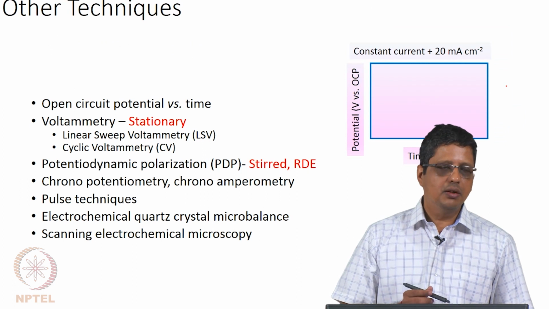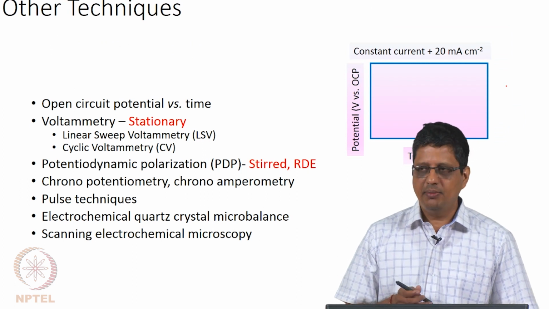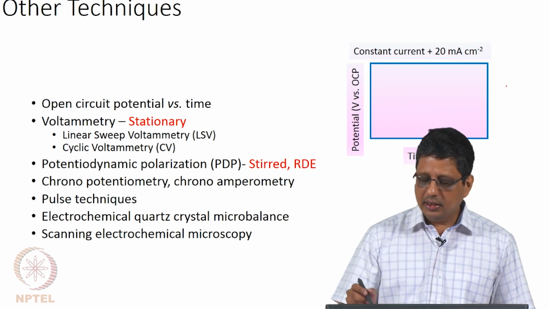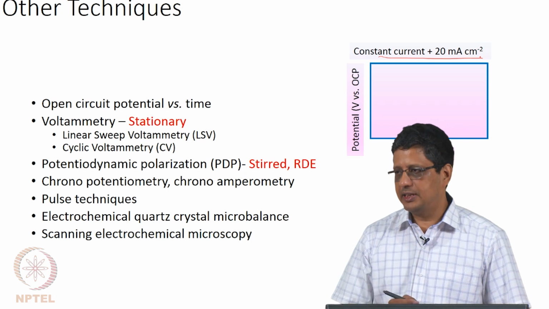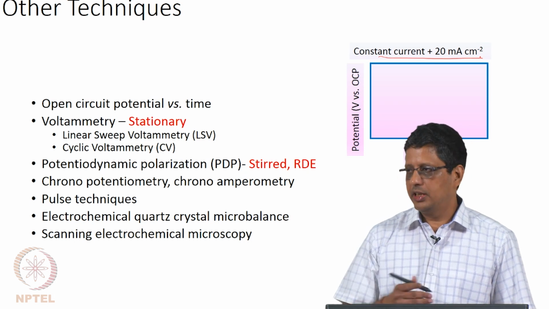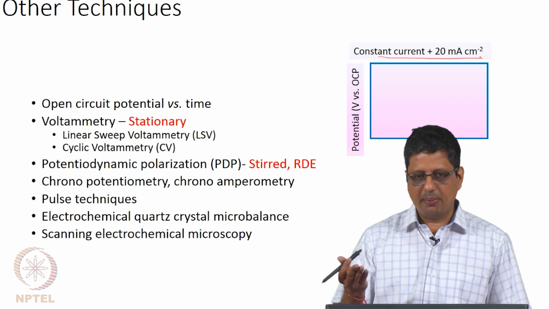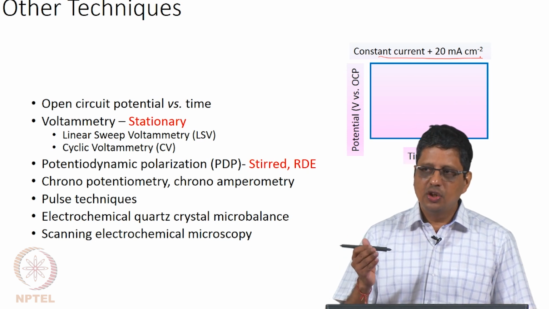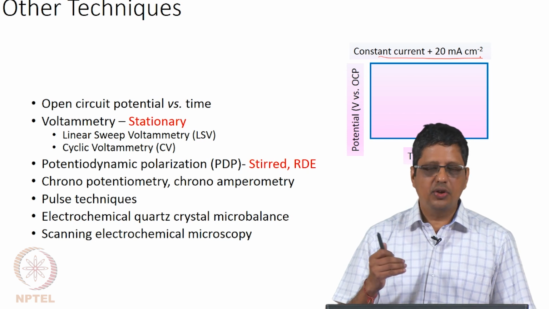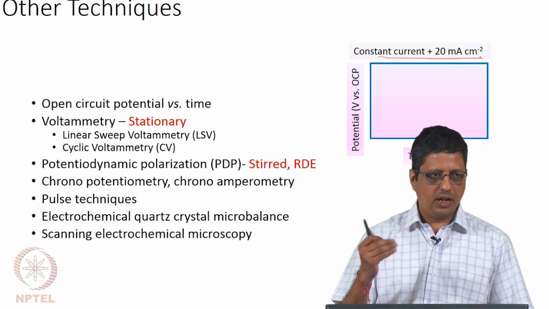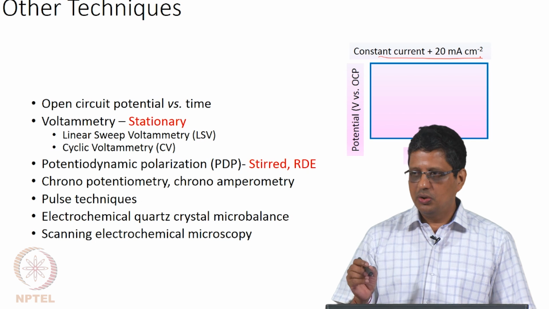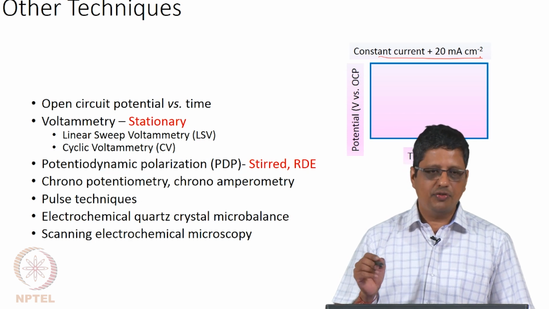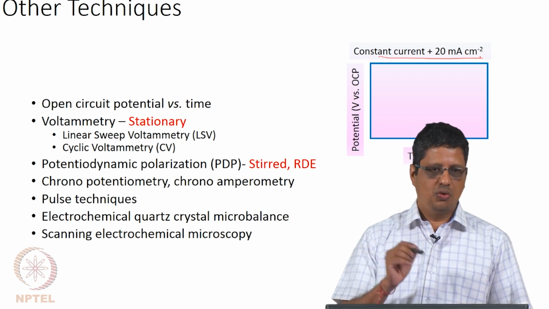There are other techniques like chronopotentiometry. Chrono is for time. You can have a controlled current, as an example, plus 20 milliamp per centimeter square, plus meaning oxidizing, it can be negative. You can give, for example, for deposition of some material, a negative current. Again, the convention: European convention would take that anodic is negative, American convention will take anodic as positive. You will have to notice that point correctly. In some of the software, they will also give you an option of selecting one convention.